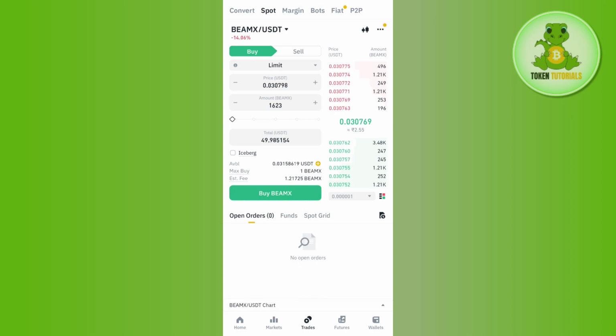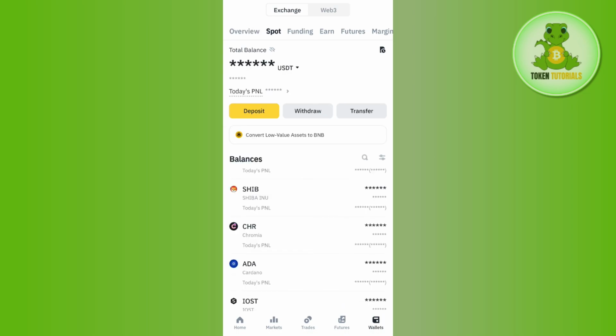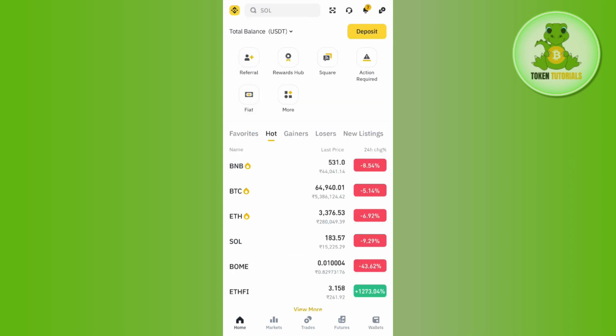Now if you want to view your Beam coin, then you can tap on this wallets tab in the bottom right hand corner of the screen and after tapping on spot, you are going to see your Beam coin over here. Now if you want to purchase it via PancakeSwap on Trust wallet, then you will have to launch your